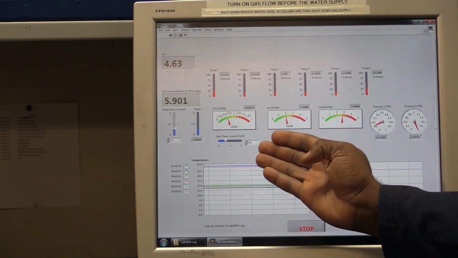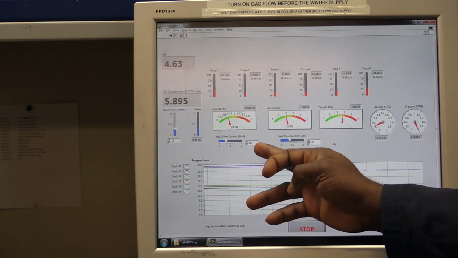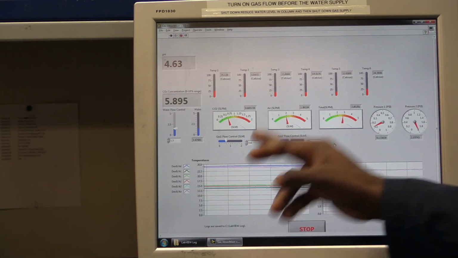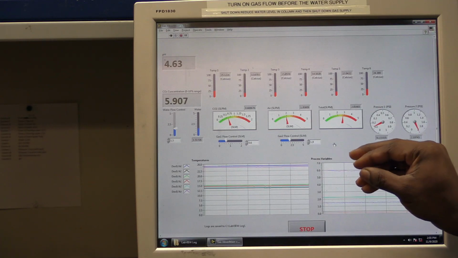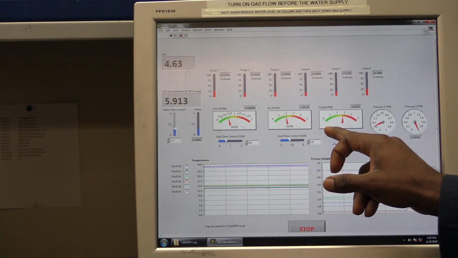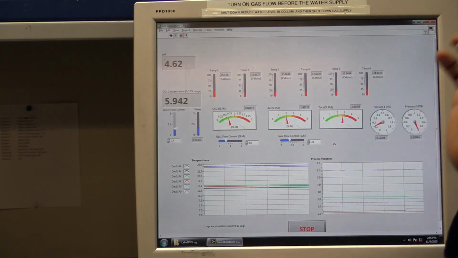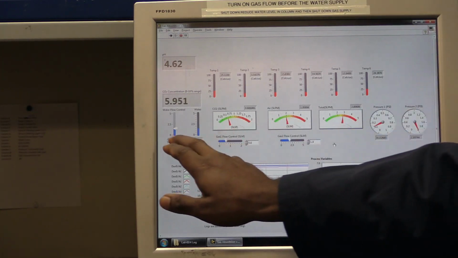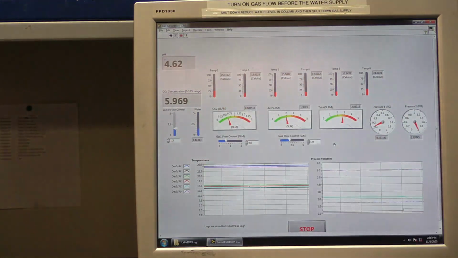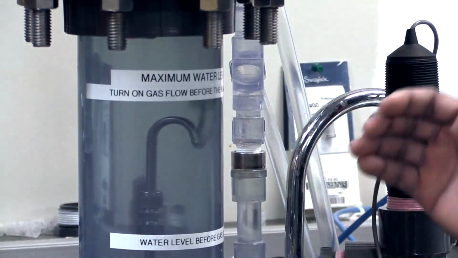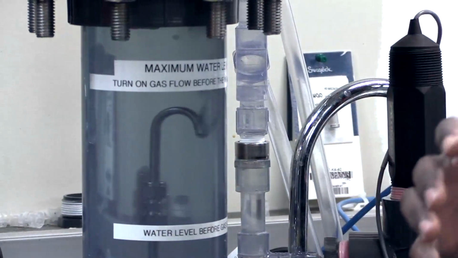So we changed the flow of CO2 from 0.3 to 0.6 standard liters per minute, as you can see. And we changed the flow of air, in this case, from 2.2 standard liters per minute to 1.9 standard liters per minute. And we kept the flow of water constant at 1.5 standard liters per minute. One thing that is important for you to notice is that in as much as you want to ensure you have